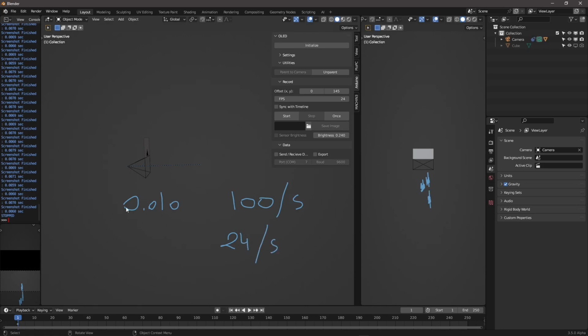So we could still do some stuff as long as Arduino gets something around 24 or even maybe 15, which is a kind of Charlie Chaplin era